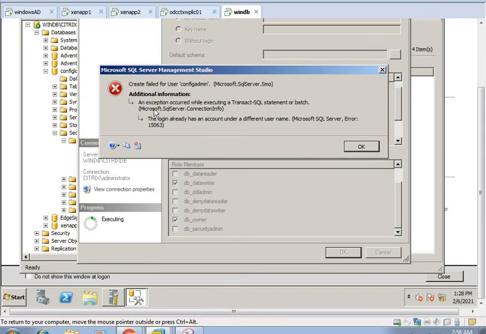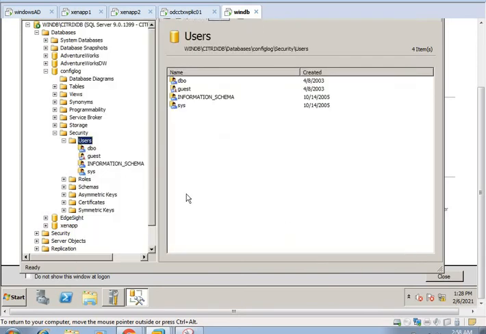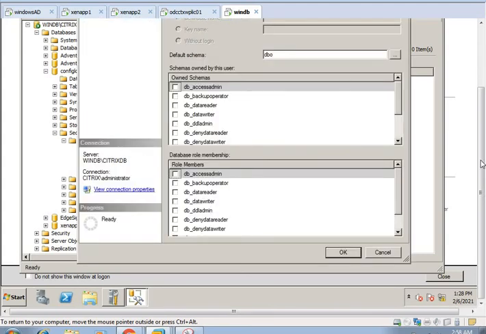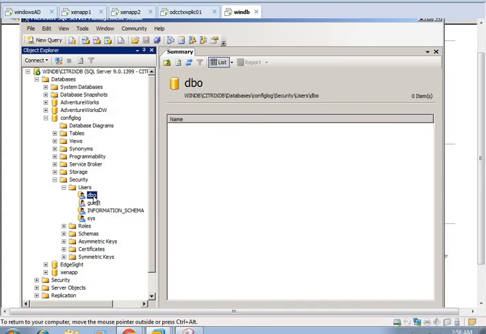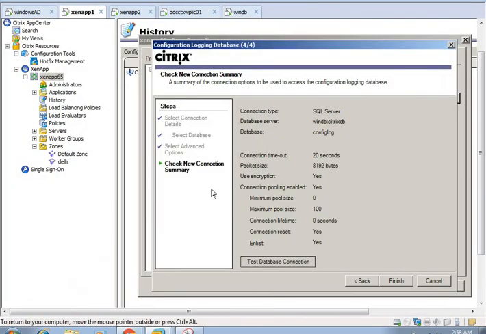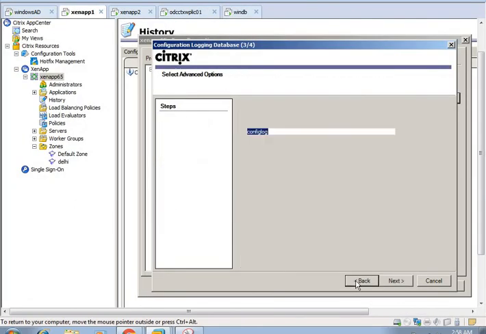Create user failed while creating the user. Okay, it's showing that an account with the same name already exists. I think it's the TVO. So what is the rule? Okay, TVO is the account. Cancel. And now I'm showing here the